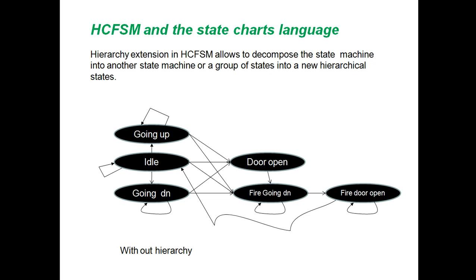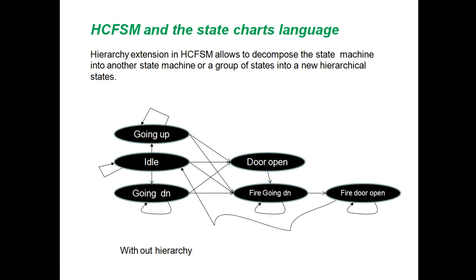Let's go to the next slide. Here we have HCFSM, the statechart language and hierarchy. The full form of HCFSM is hierarchical concurrent finite state machine, a hierarchy extension that allows us to decompose a state machine into another state machine, or a group of states into